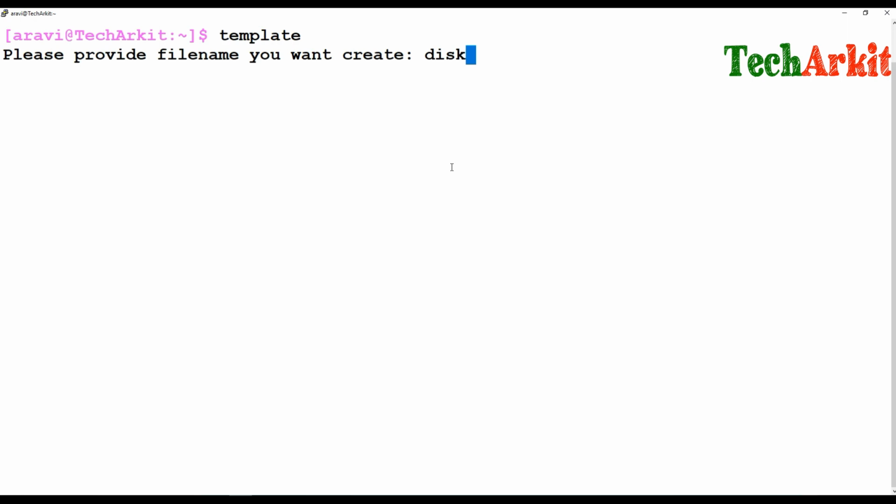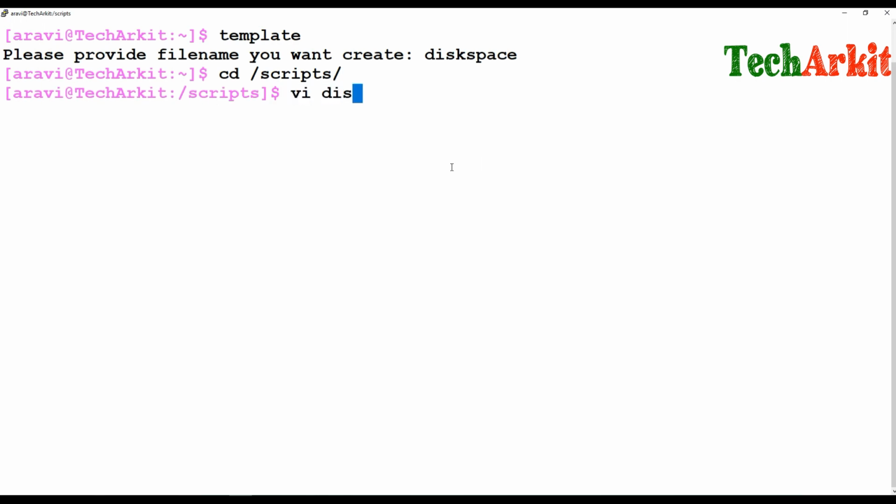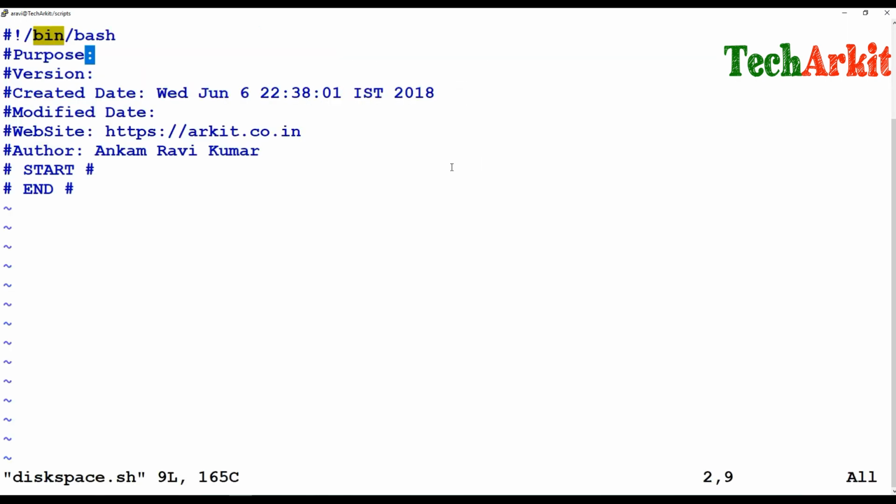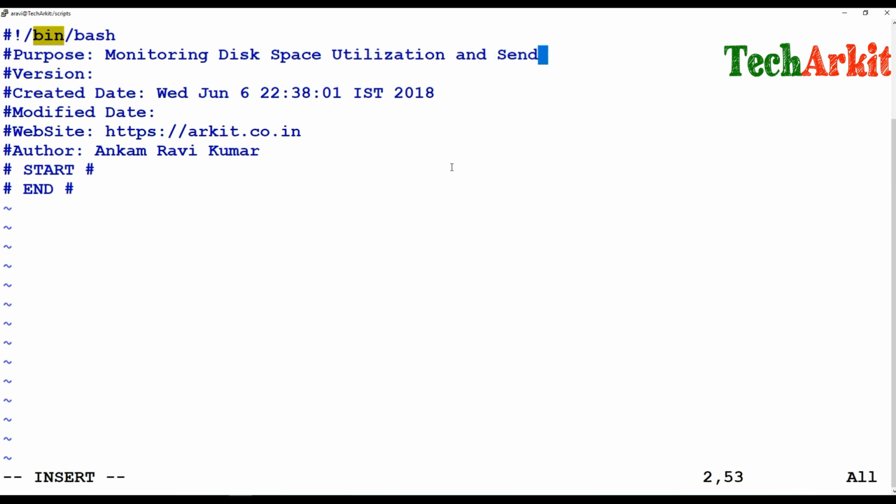Let's say disk space, okay, and I'm going to script and edit that file. The purpose of this file is monitoring disk space utilization and sending an email alert. Okay, so this is our script, and first of all I'm going to specify the threshold.